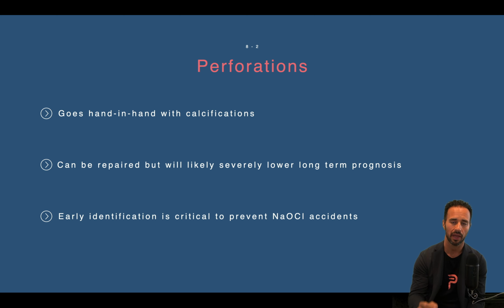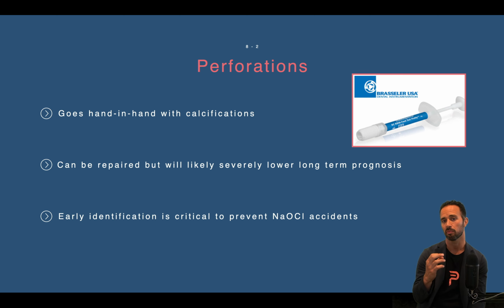Perforations can be repaired with either MTA or an MTA-like material. I like Brasseler's Bioceramic Fast Set Putty. It's the same chemistry as the sealer, but it's much, much thicker. It's actually a Cavit consistency, and it's much easier to work with, in my opinion, over MTA. But it's essentially placed right into the site of the perforation and then burnished with a moist cotton pellet or